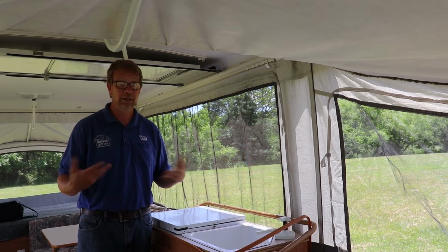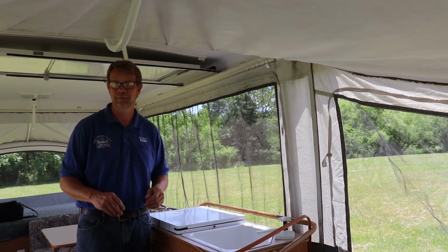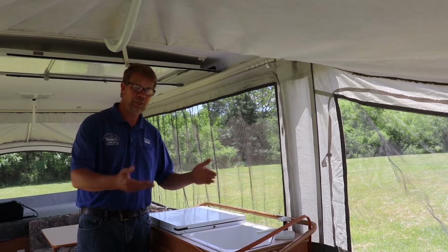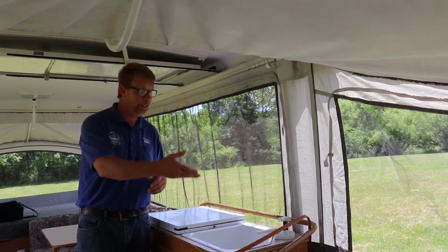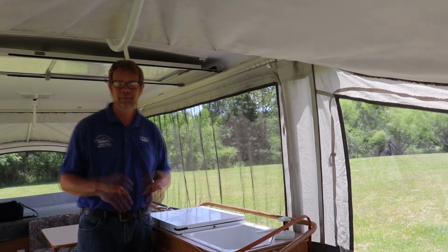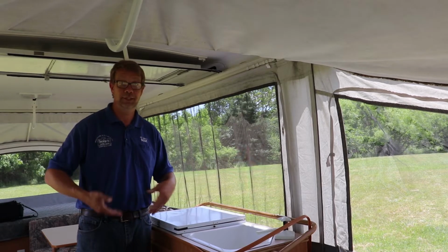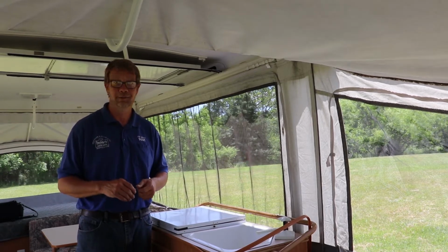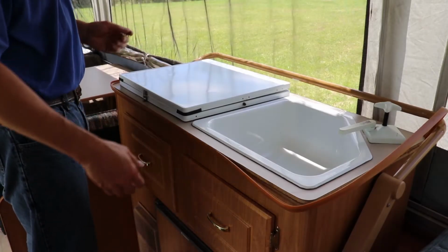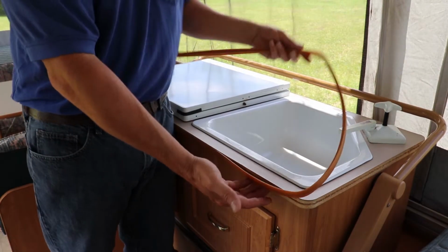T-molding is a decorative trim that finishes countertops, cabinets, and tables. It pushes into a channel that is cut into the countertop and provides a clean look. It's an easy and attractive upgrade, and you can choose different colors too to change the look and appearance of your camper. On the galley lift system of this Santa Fe, we can see that this T-molding is ready to